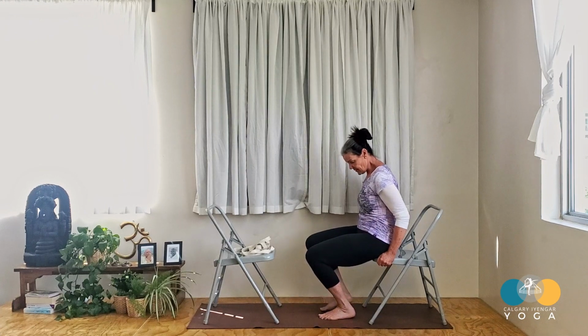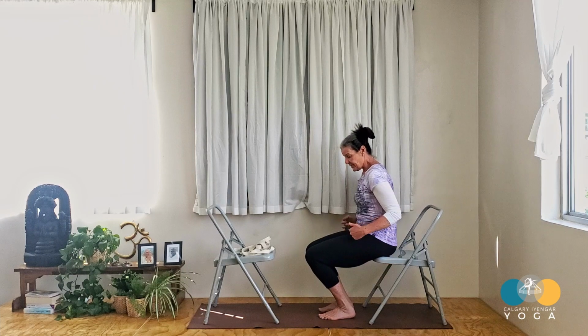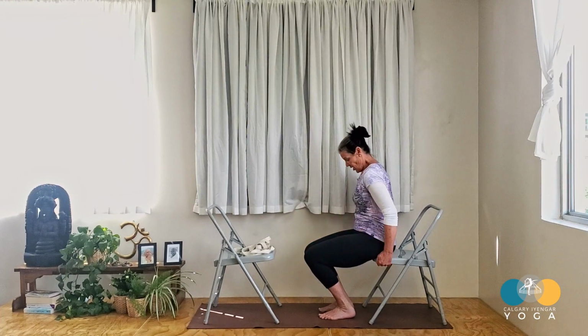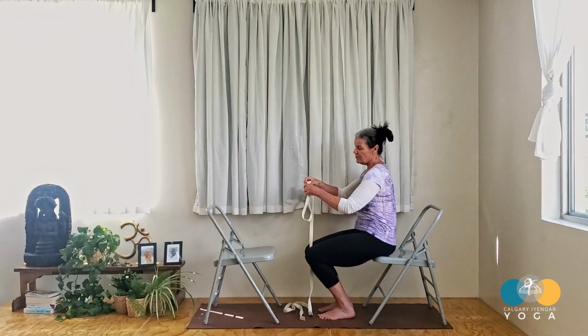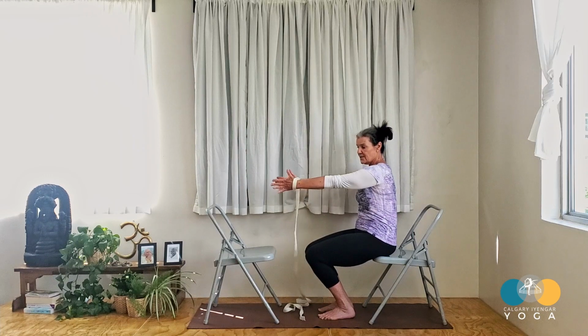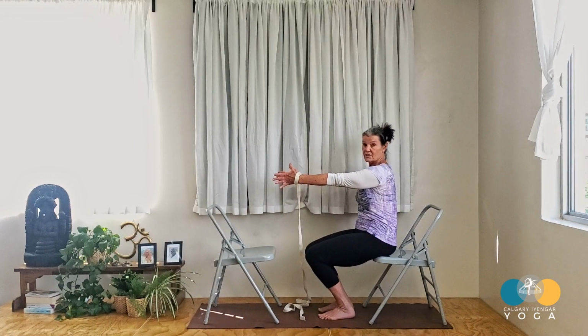They'll be hip distance apart and press firmly into all 4 corners of the feet, but the knees will track beyond the ankles in this one. So hug those hips in, create that foundation, and then take your strap and place your strap over top of your wrists today. So straighten into those arms, hug the outer shoulders in, lift the elbow creases towards the ceiling,